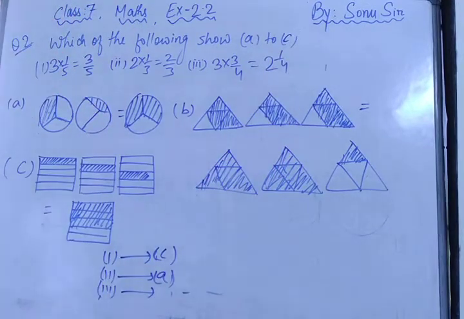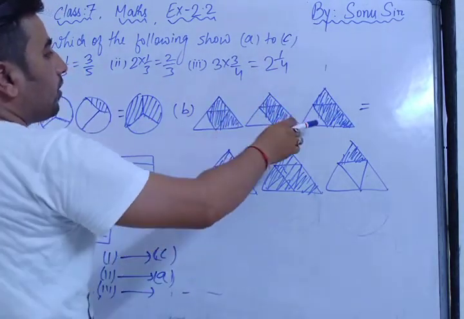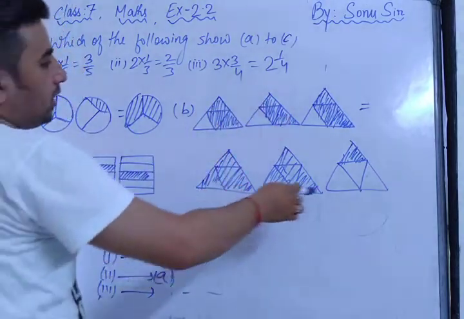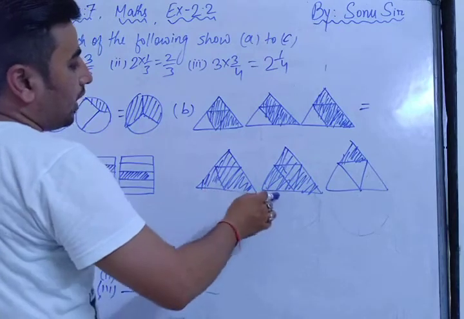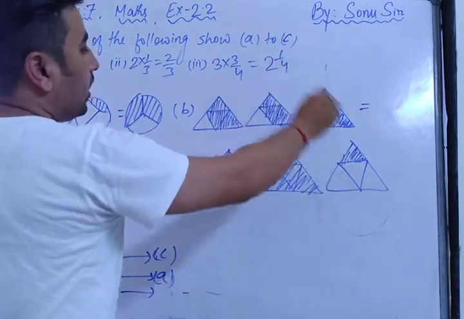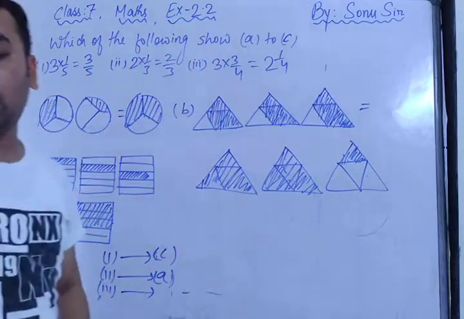Now how will you tell, sir, this 3 into 3 by 4 is equal to? First of all you should understand there are 4 parts, 3 triangles are there. In these 3 triangles, 4 parts, 3 parts are colored. When we have mixed these 3 parts, you can see the 2 triangles are fully covered, and in this, out of all the 4 parts, only 1 part is there, right? So now the question is what? Sir, how will you write this 3 into 3 by 4 into 2?